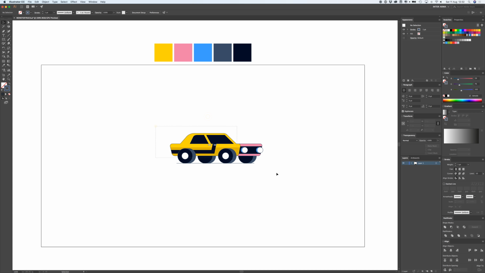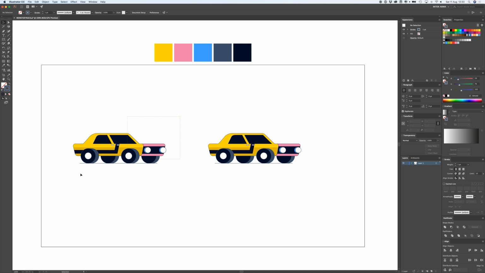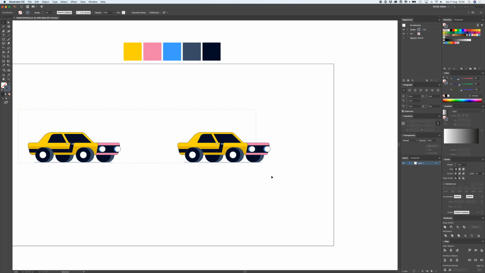Alright, and now what we're going to do is just copy this whole thing by holding Option and Shift, dragging to the right, and we're going to add some elements to make it more a monster truck. And we're going to look later in After Effects how we're going to animate it from this to this. We did take notice of these